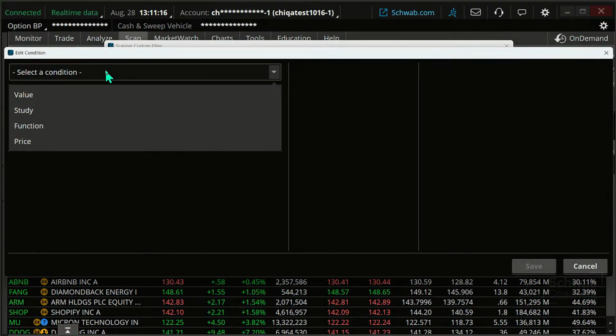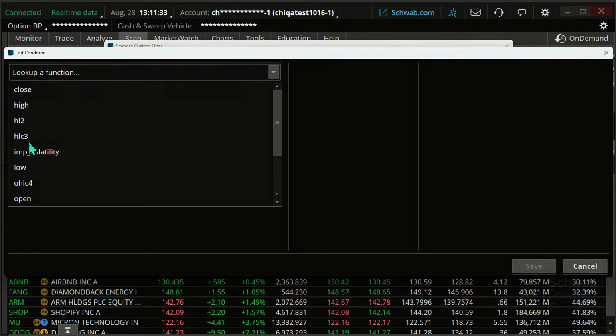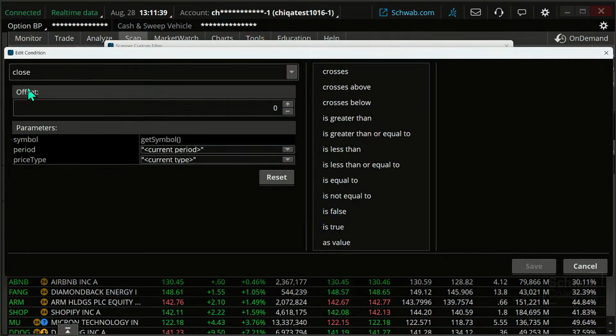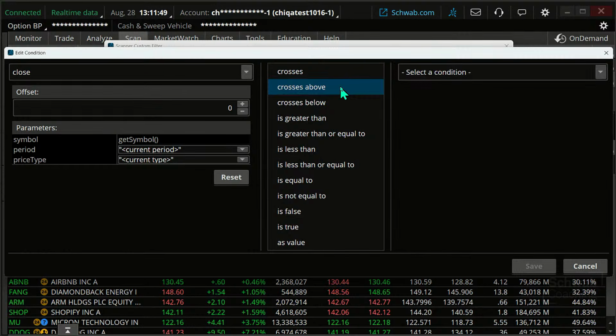And the first thing I want to do is just kind of think of it in plain English, or whatever your native language is, in your head, as to how you would say it. Well, I want the stock to go above the moving average, okay? So stock, well, I want the stock price. So I'm going to click on price. And I'm going to use the closing price here, okay? So I'm going to click on close. I want the closing price of the stock to do what? I said go above, but I want it to cross above. It crosses above what? The moving average.